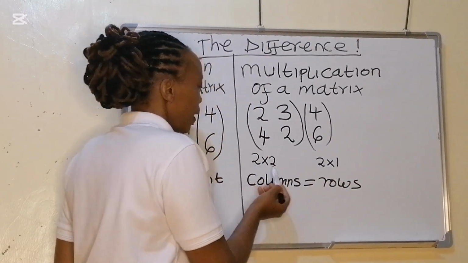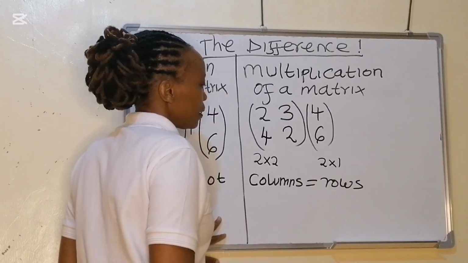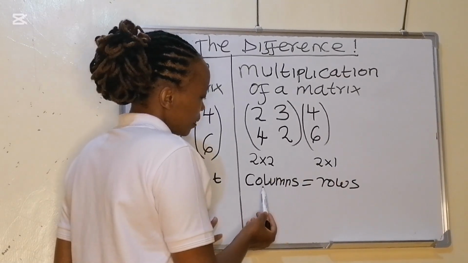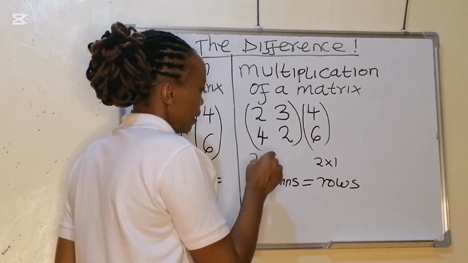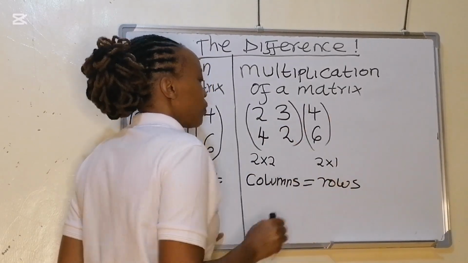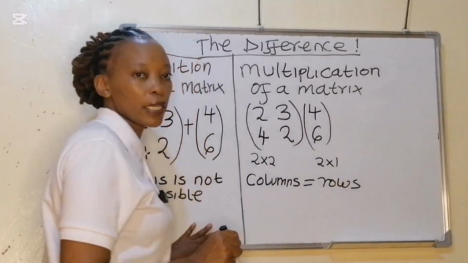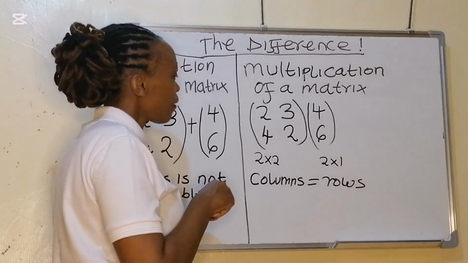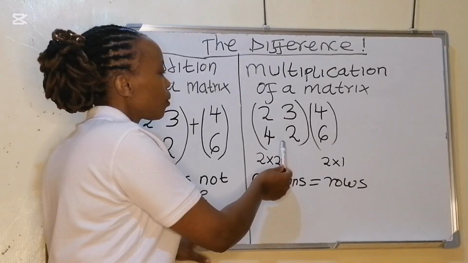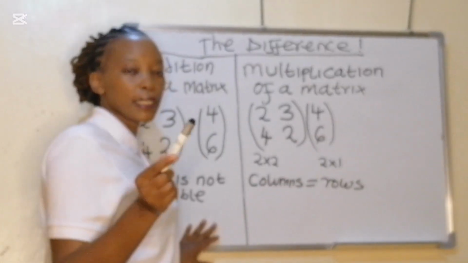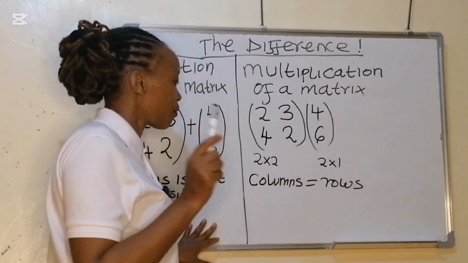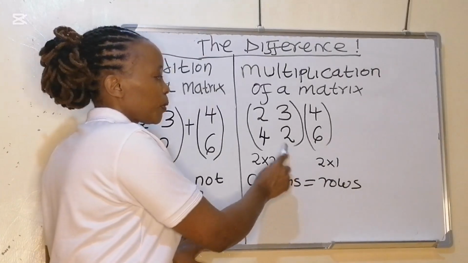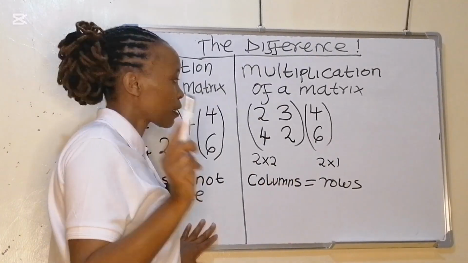Here we read row by column. Okay? So columns for the first matrix must be equal to rows of the second matrix. Okay, let me emphasize here. The first thing you should look at, whatever you have been given to multiply, to do multiplication of a matrix, the first thing you should